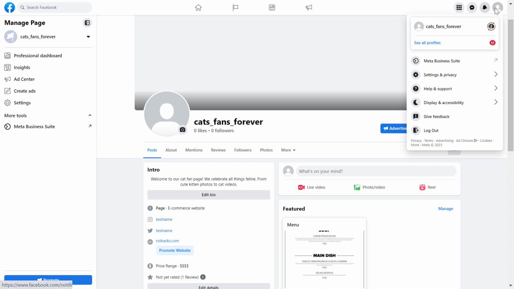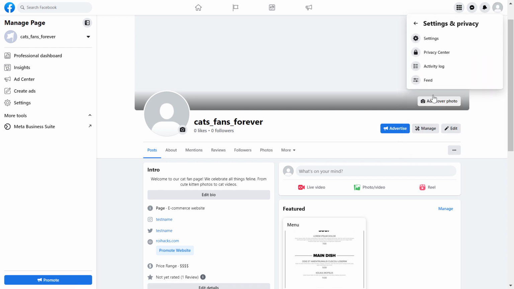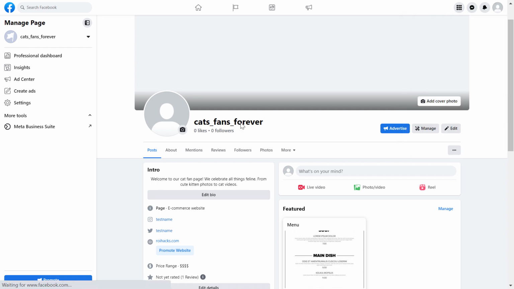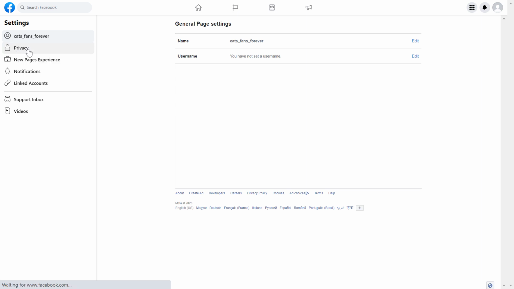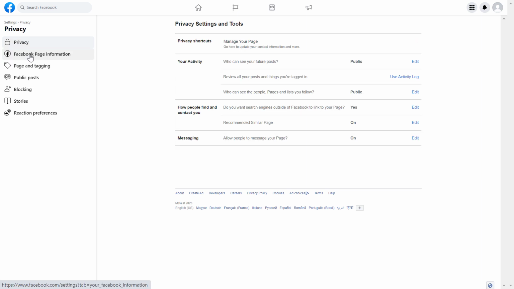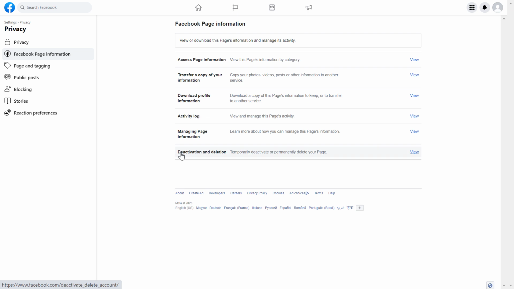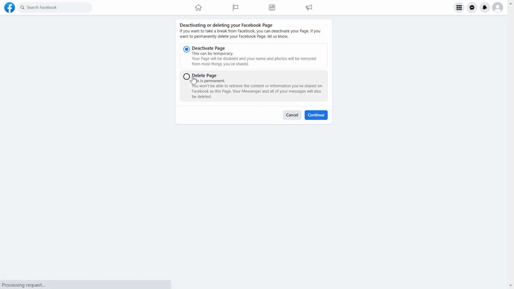Click on the Facebook page account icon, then select settings and privacy, then select settings. Then on the left, select privacy, then select on the left again Facebook page information. Then you're going to see this deactivation and deletion option here. Click on view, and as you can see, the option to unpublish a Facebook page, which means that the page